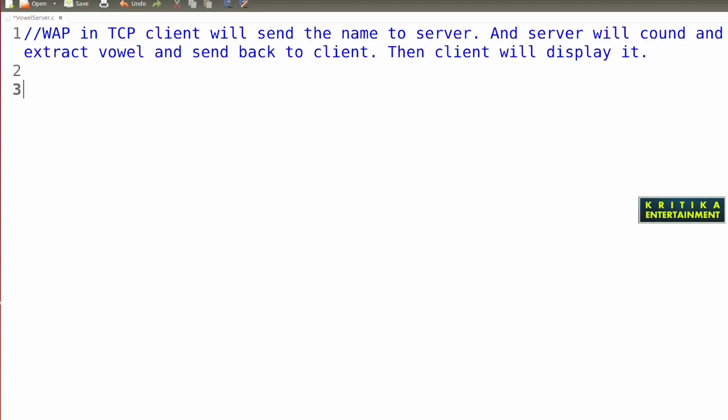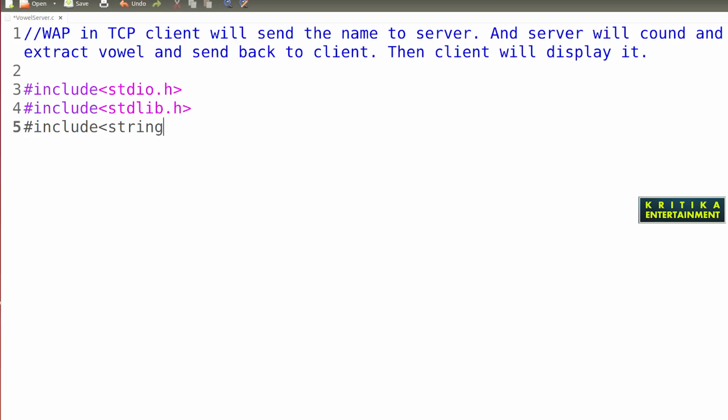Here I declare the header files. First I declare the C header file stdio.h, then #include stdlib.h, then #include string.h.